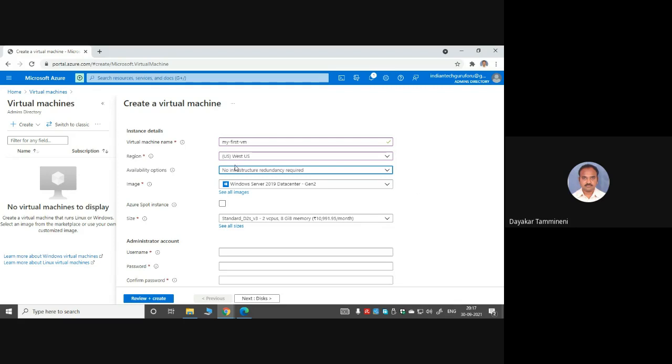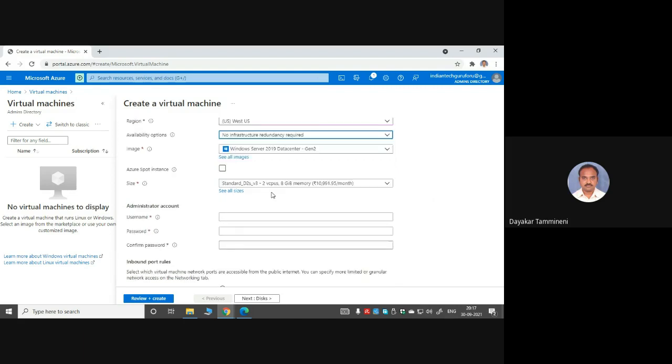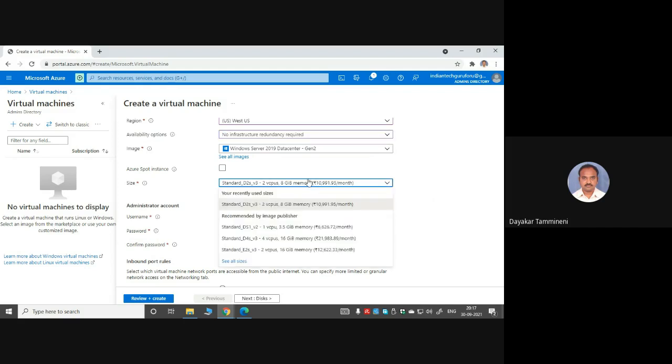Okay, so now I have not selected any redundancy, no redundancy required. And now I'm going to select the Windows Server 2019 data center. That is a Windows Server machine. Okay. So next, size. I need to select a limited amount.